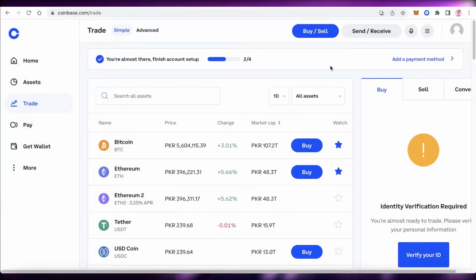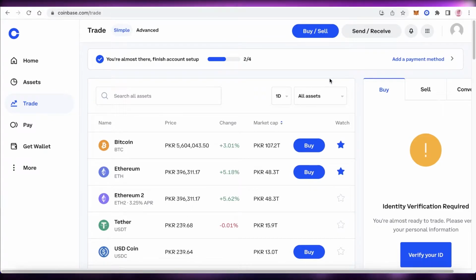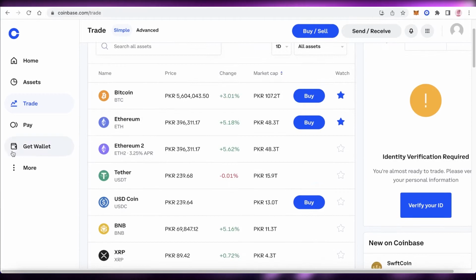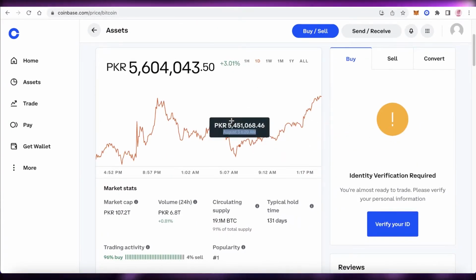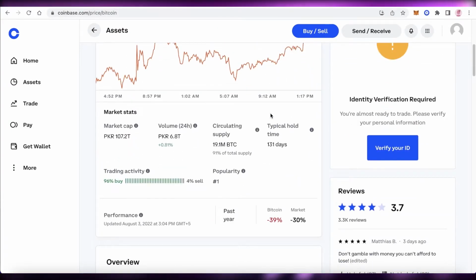You're also going to have to add an identity verification such as your passport or your identity card or a driver's license to get your identity verified. And once you do that, you can just click on buy over here on the Bitcoin section, and then purchase Bitcoin as it is. Now, if you are purchasing Bitcoin, I would recommend that you are trading it. Trading can usually get you a lower price for quite a few dollars. So you can go ahead and buy it right away, or you can choose to trade it at a different price as well. So with trading, you can put in a spot order and you will get it at a